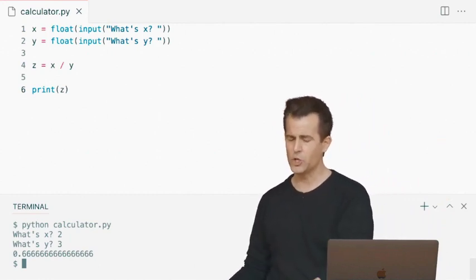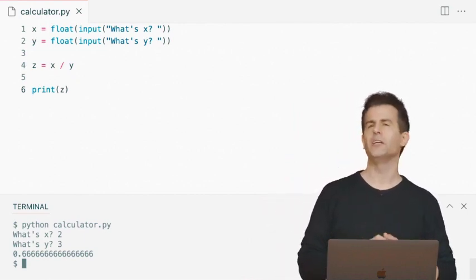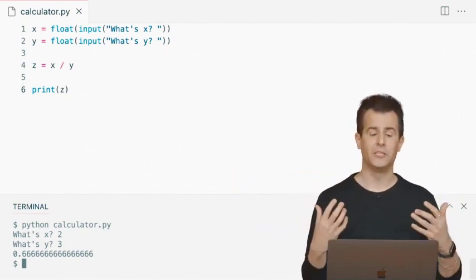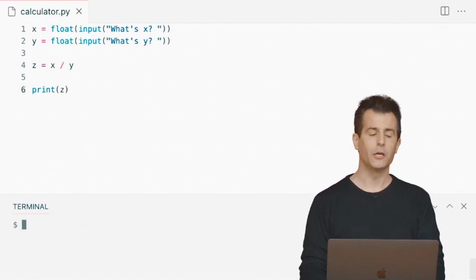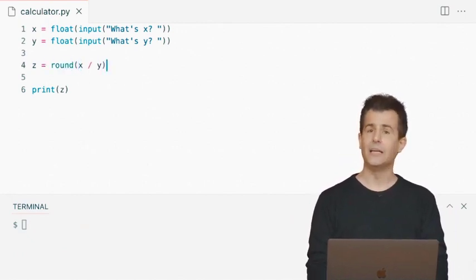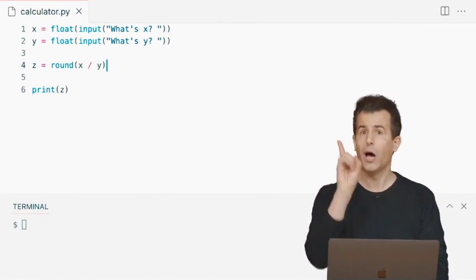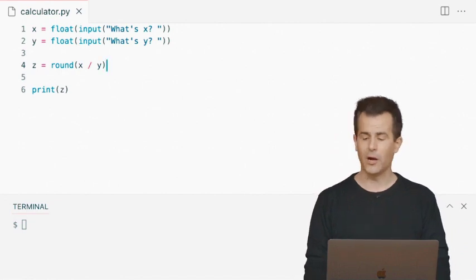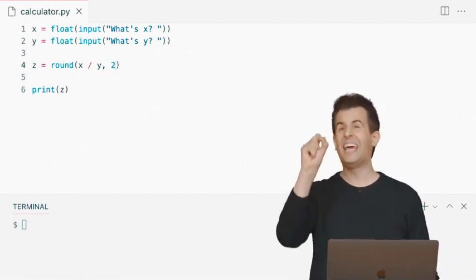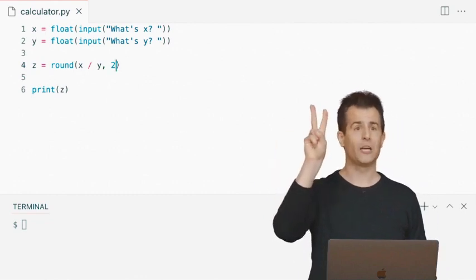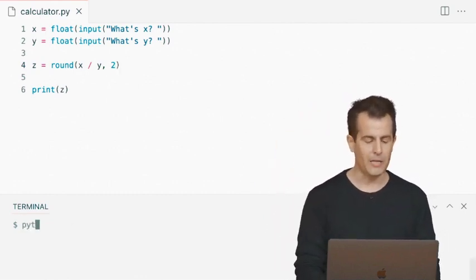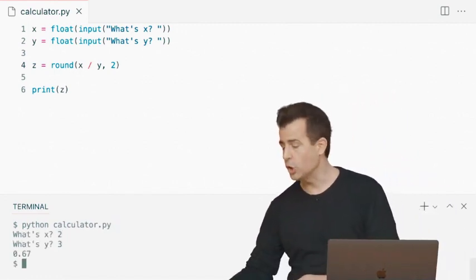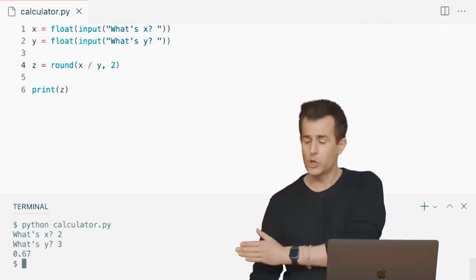All right, now that I've got some simple division working here, let's go ahead and round this. It would be nice to round this really long number, 0.6666666, and so forth, to maybe just 2 decimal places. We've seen how to do this with round, at least in its documentation. Let's round this, not to the nearest int, by passing in just x divided by y, which is one argument. Once the math is done inside of the parentheses, I don't want to pass in just one argument. I want to pass in 2 so that I can specify n digits, the number of digits, which recall was the second parameter for round. Let me run python calculator.py. I'll do the same thing, 2 and then 3. 0.67. So here too we see a way of rounding, not just to a nearest integer, but to a nearest number of digits.